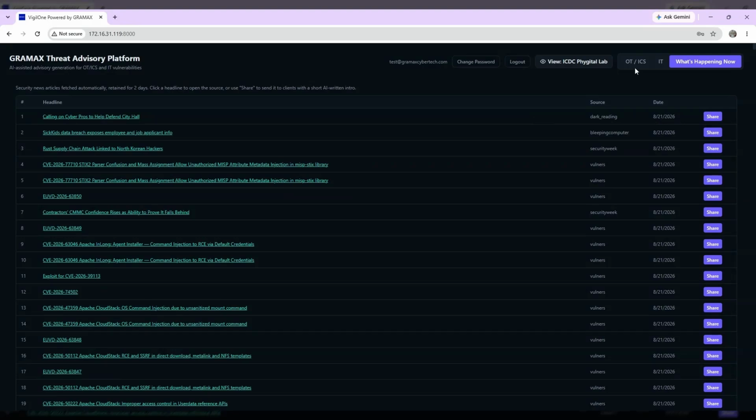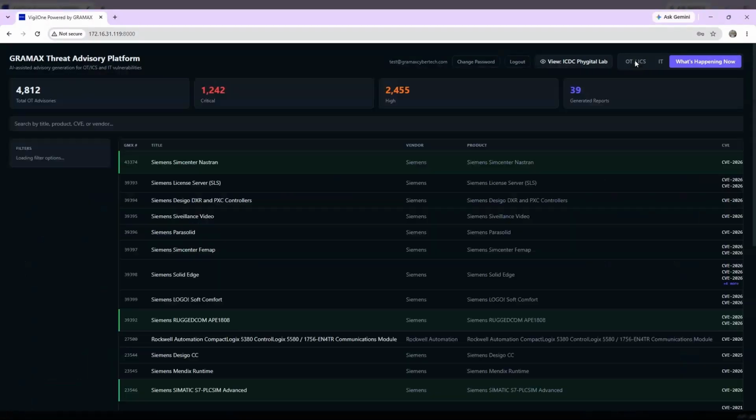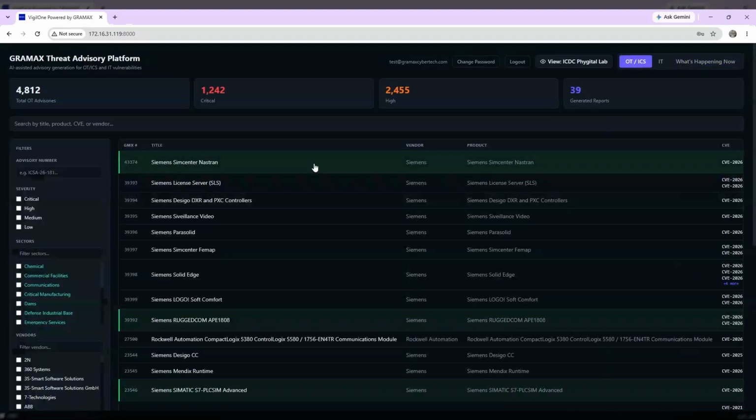So I will just give you an example of how this works. For example, this advisory that's marked in green has already been generated. Whichever analyst generates an advisory, that particular advisory will turn green irrespective of who generates it. So for example, I will generate an advisory of, let's say,